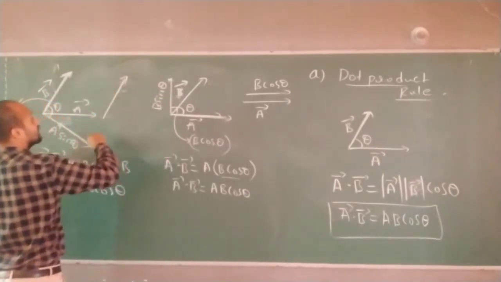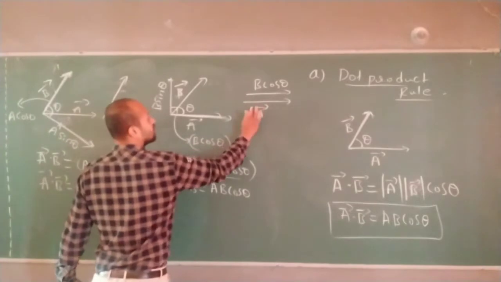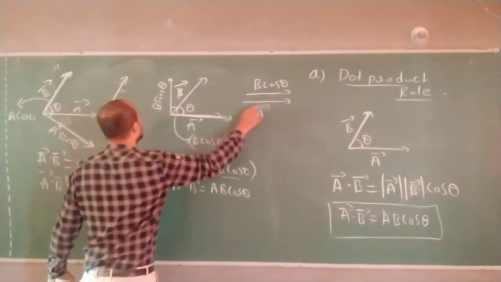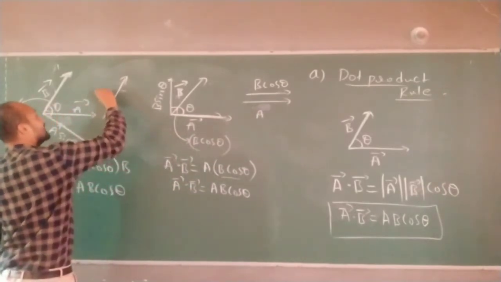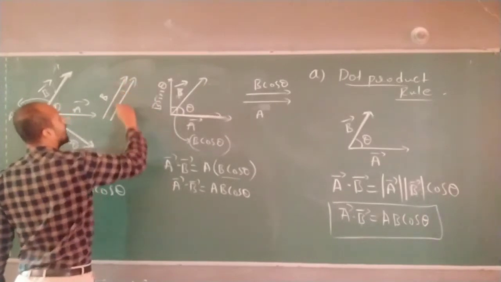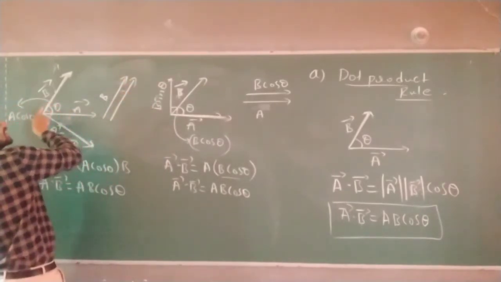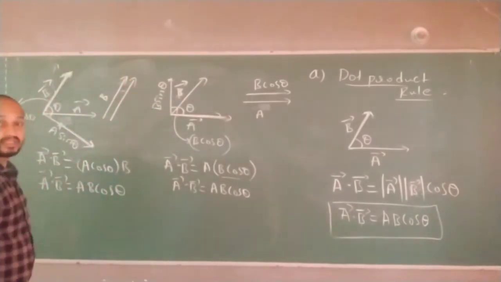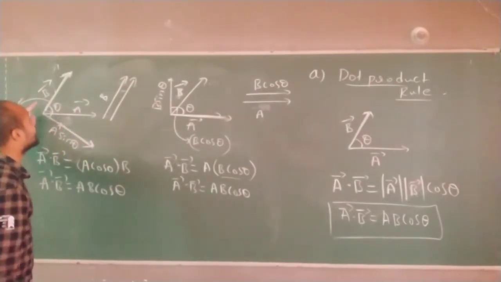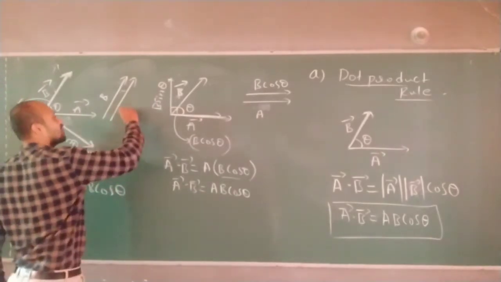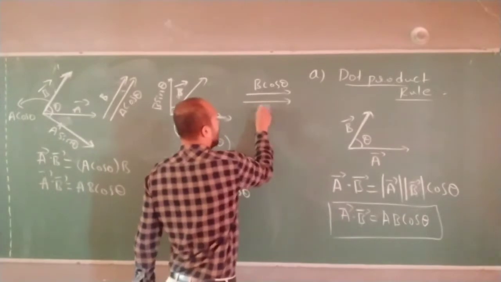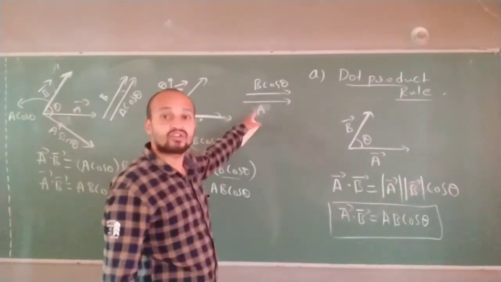So what I am trying to tell is, in this case you have multiplied the magnitude of two vectors. One magnitude is the magnitude of B. Another magnitude is the magnitude of the component of vector A which is parallel to vector B. This will be A cos theta. See here, observe this. I removed the arrow mark because I wanted to show only magnitude.